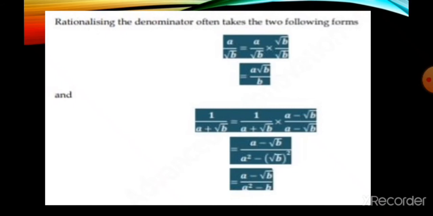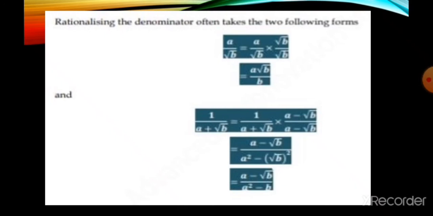Not only that, the rationalization of the denominator can also take another form: 1 over a plus root b. You need to take note of this form very well. What is the conjugate surd of a plus root b? a minus root b. Very good. So you have a minus root b